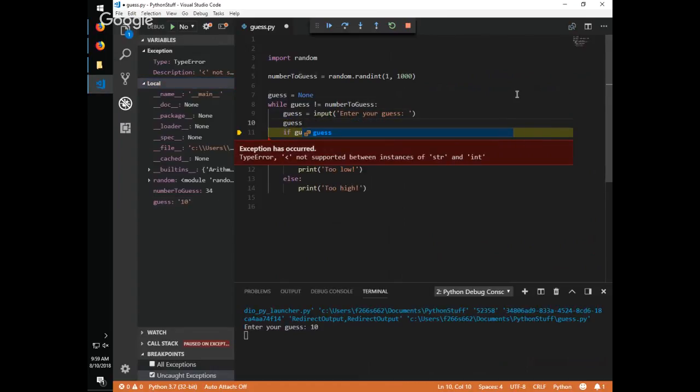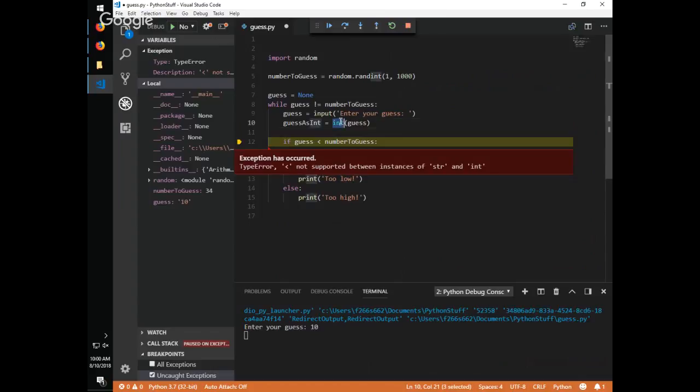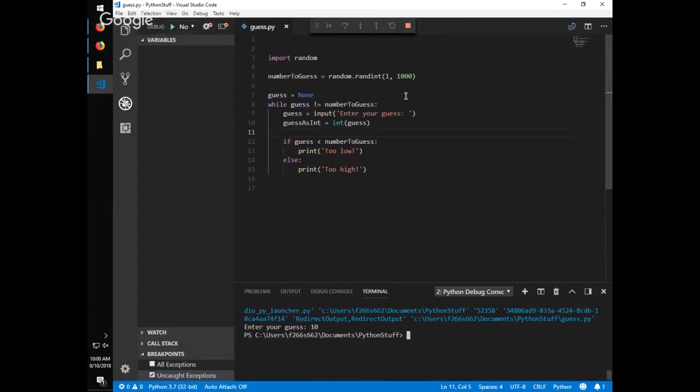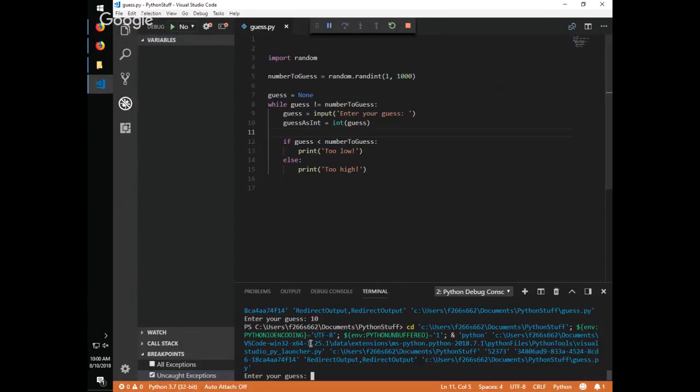And I'll just do that as a separate variable, just using the int function, sending it the guess variable, which was a string, and saving the result in this separate variable. I'm going to hit this green loop button to restart my debugger, and it'll start my program over from the beginning. So now it's asking for a guess, and if I enter a number this time,